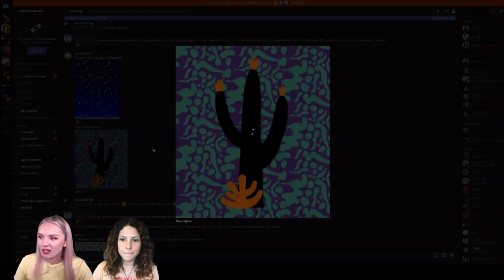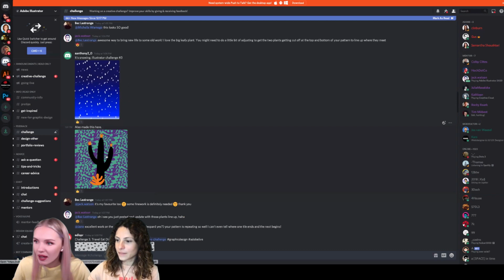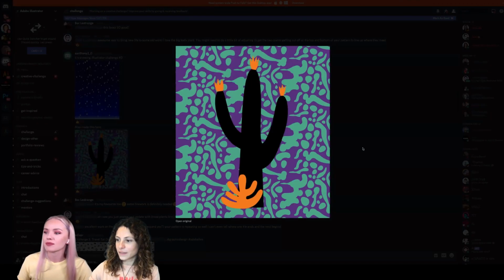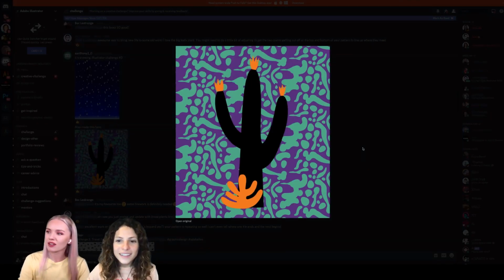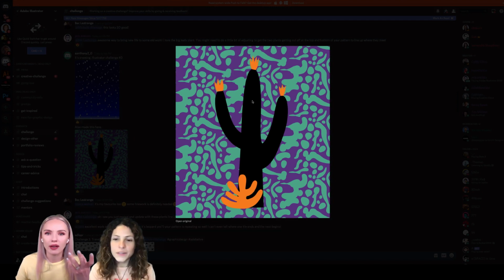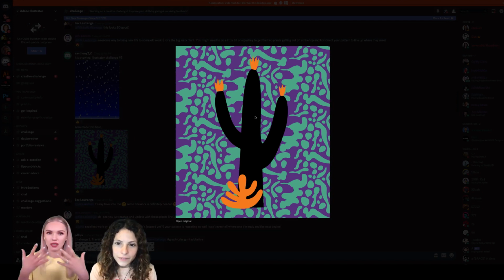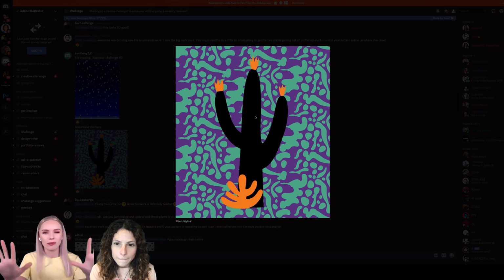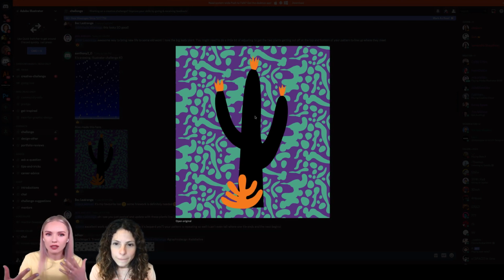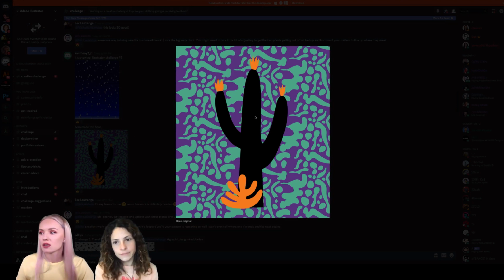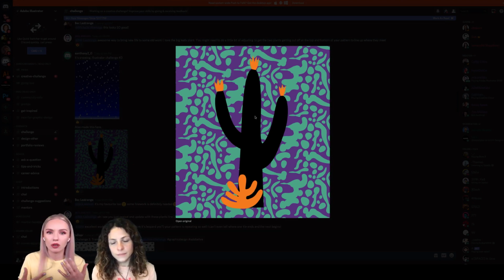Awesome. And this one is by Anthony. Oh, I like this. I like this background. It looks kind of interesting. Yeah. The cactus seems a little bit dark though, and it's kind of melting with the background. I would maybe use a lighter color for the cactus, just so it stays in the foreground, and the background creates the darker contrast to it. So you can see the shape a little bit better when there is more contrast.